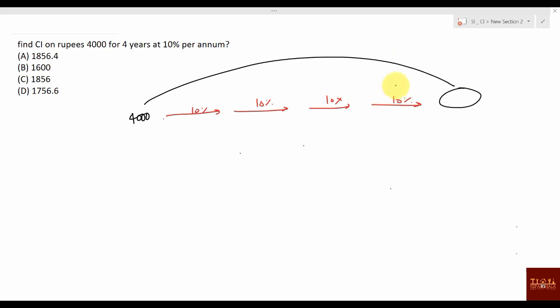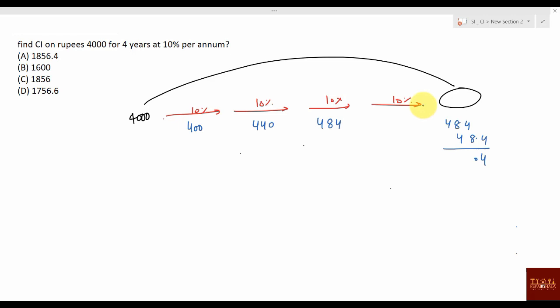And wasting a lot of time. Do you have to do that? No, you don't have to do that. What you can do instead is say 10% increment means here 400 will be there. Next CI also will be 10% more than that. 10% of this is 40, so next will be 440. Next will be 10% more than that, that will be 484. Next will be 10% more than that, so that value will be 484 plus 48.4. Don't add it. Why? Because after the decimal 0.4 is there.